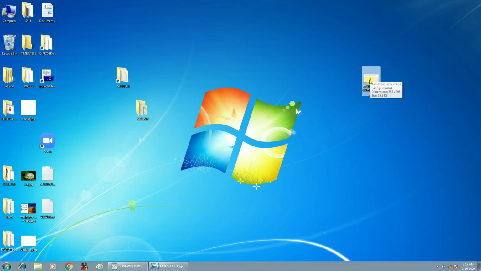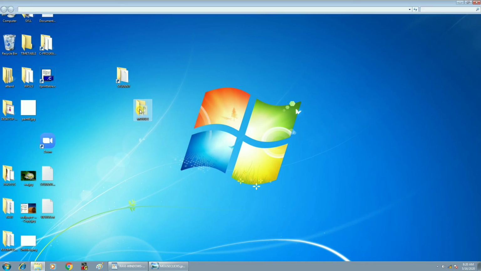What I am doing: you place the mouse pointer over the icon, I placed it. Now use the left mouse click, hold it, don't release it, hold it continuously and move to the place where you want to shift it. See, the image was moved from one location to another location. Similarly, I want to move this image into this folder. So I use the left mouse click, without releasing it, hold it, don't leave it, and drop into the folder. I mean, place the mouse pointer over that folder and automatically it will be dropped. See, the file was moved from that location to this folder.